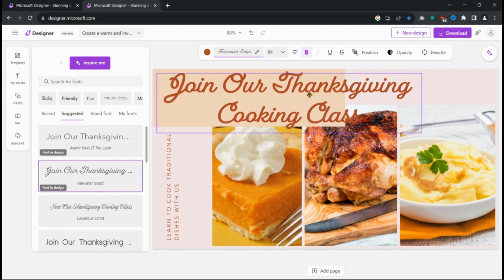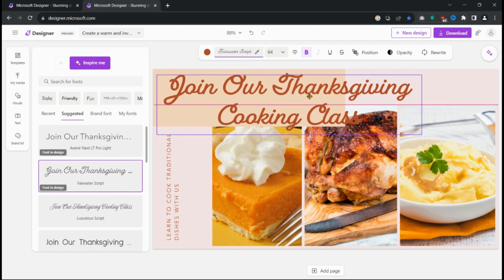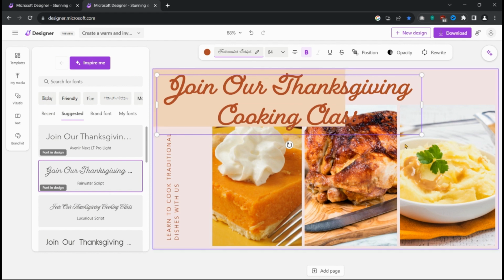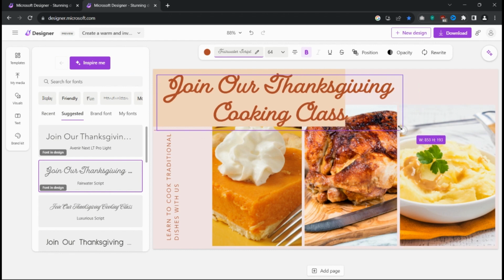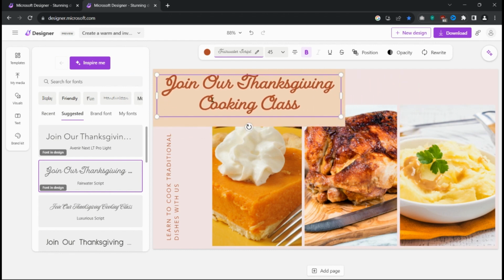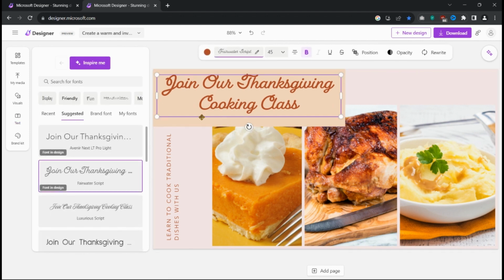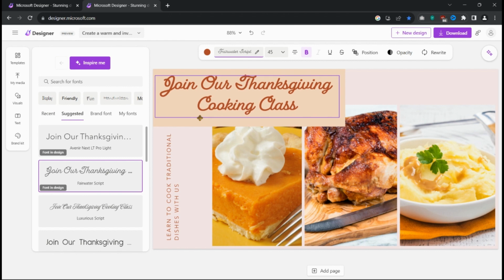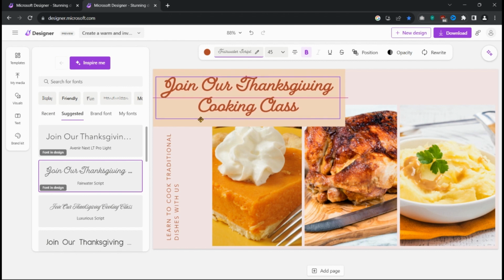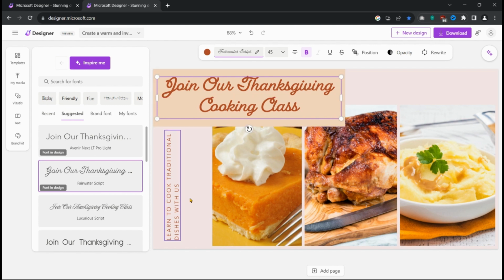Now, because this text needs to fit into this square element here, I have to resize this. Okay. Now, one thing I like here is you can just click again, position the text in the middle. You can look at the guides here. Okay, now here is middle. Join our Thanksgiving cooking class. Okay,